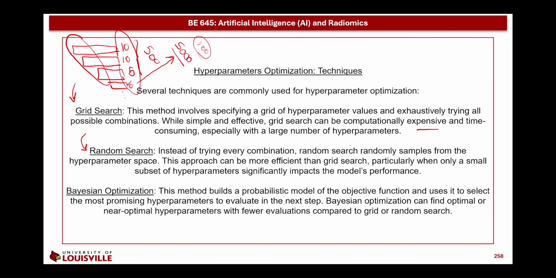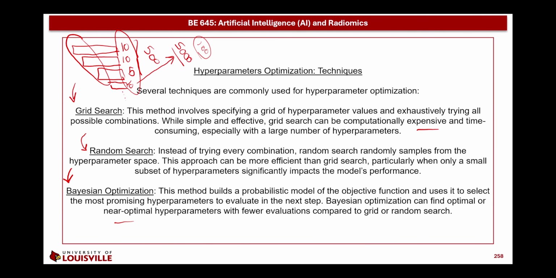100 random combinations. Bayesian optimization is a third technique, and it builds a probabilistic model of the objective function and uses it to select the most promising hyperparameters to evaluate in the next step. Bayesian optimization can find the optimal or near optimal hyperparameters with fewer evaluations compared to grid search and random search. So if we have a smaller number of hyperparameters and smaller ranges, we can use grid search or random search. But if we have a huge number of hyperparameters and their ranges are large, we can